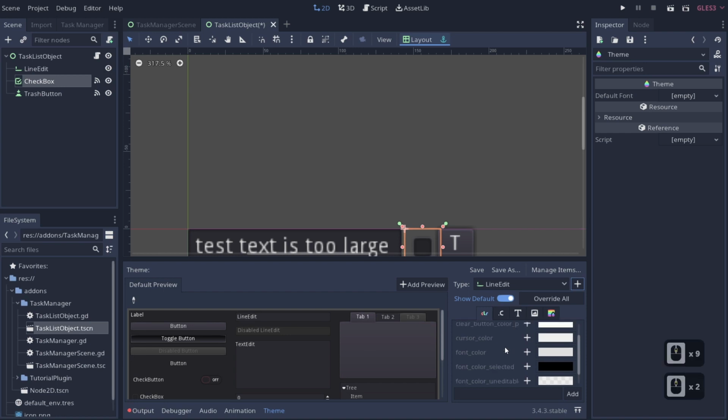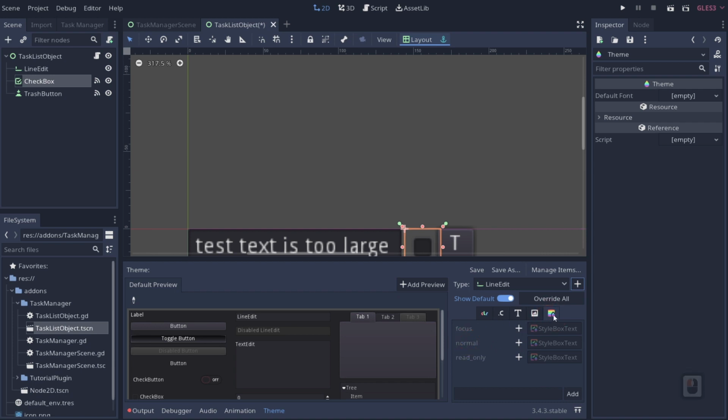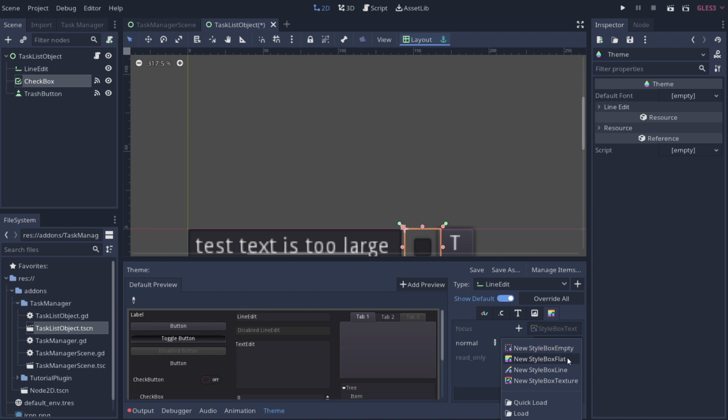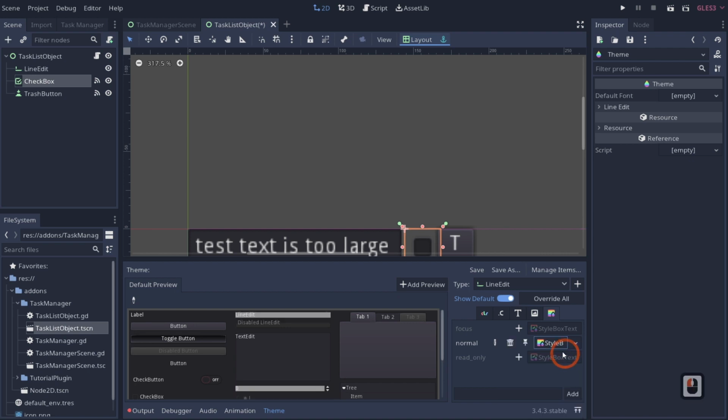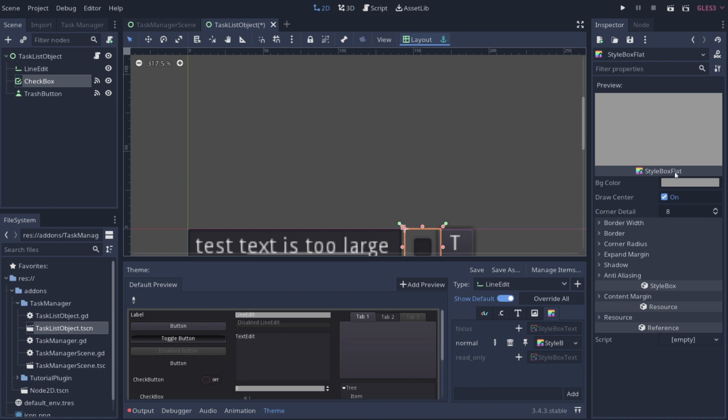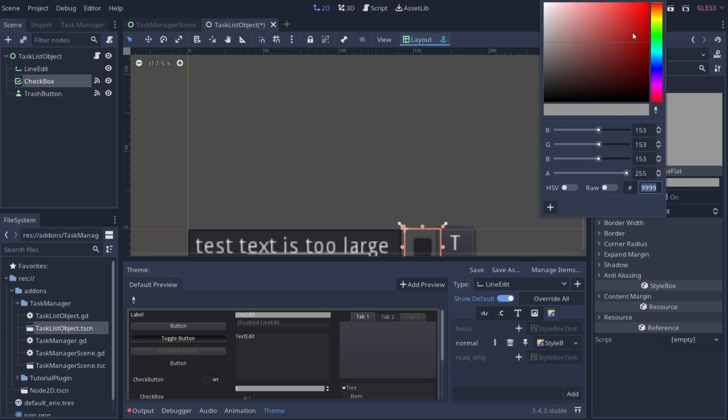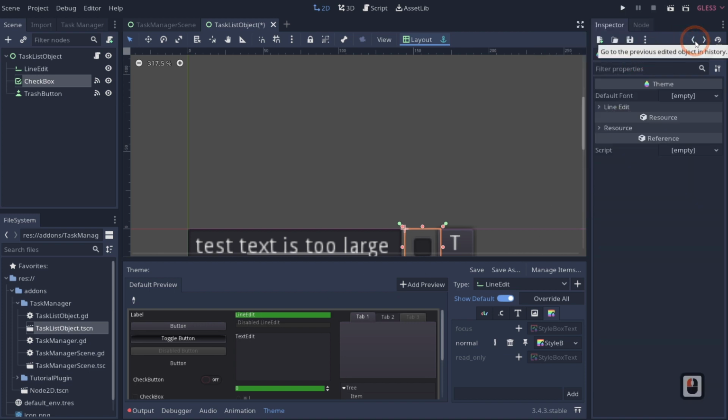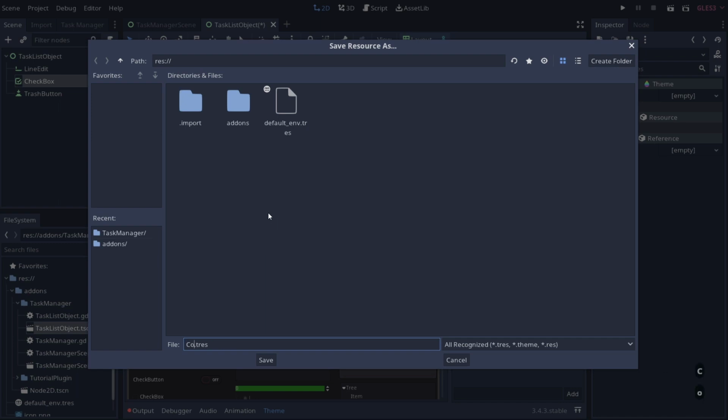And then what we're going to do is we need to set its normal right here underneath our theme heading. We'll set its normal to a new style box flat. And then we'll go ahead and click on that, and we will change this to a greenish color. So something like that probably. And then what we'll do is we'll go back to our theme. So it has to say theme right here. And then we'll come up here, hit save, and we will call this completed theme